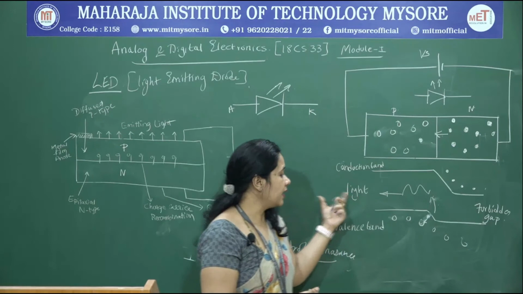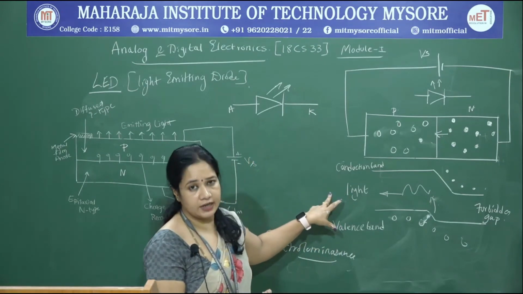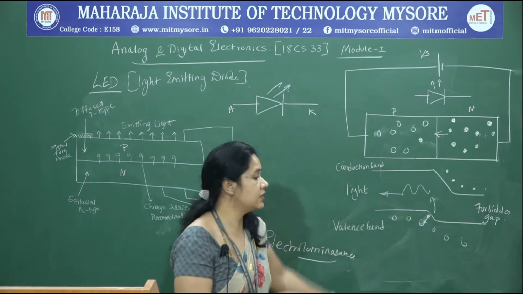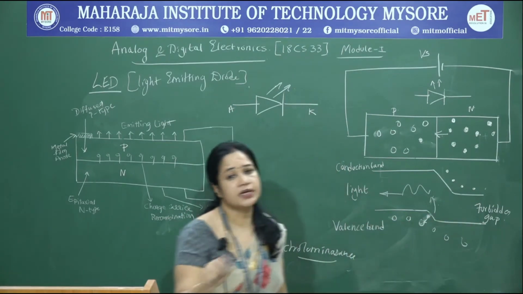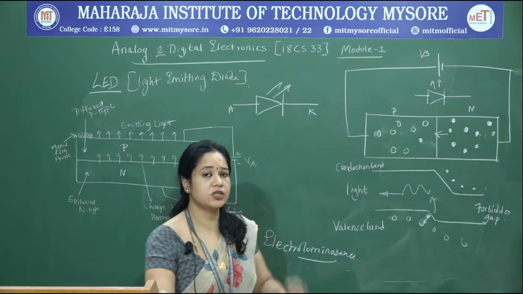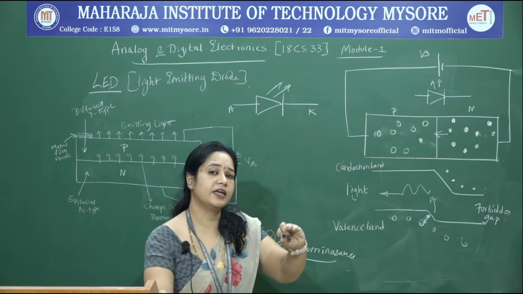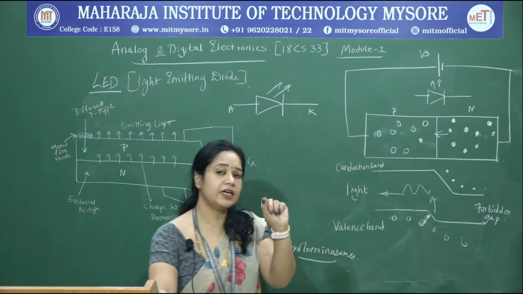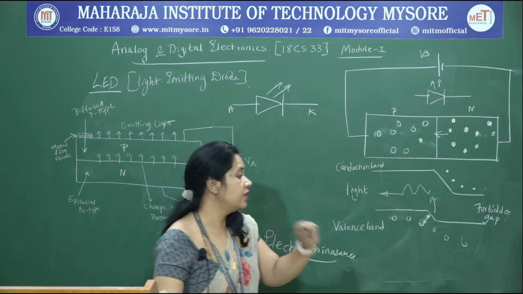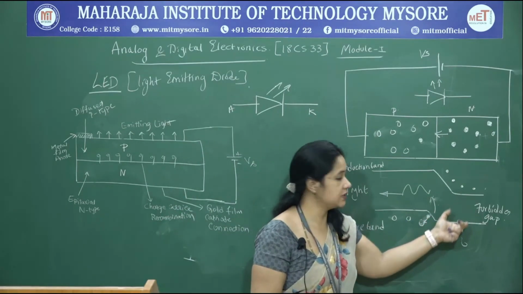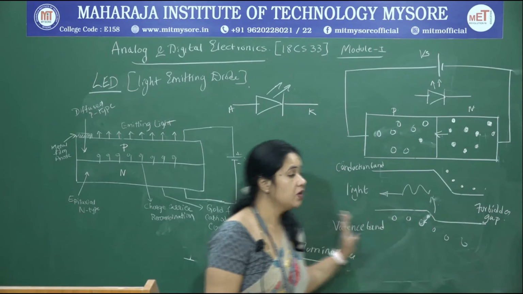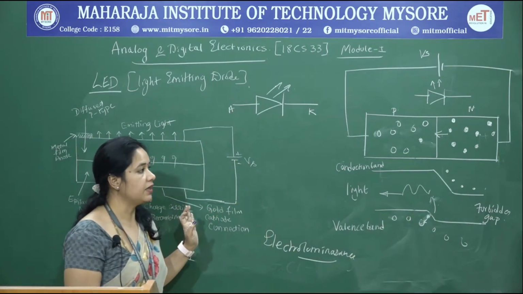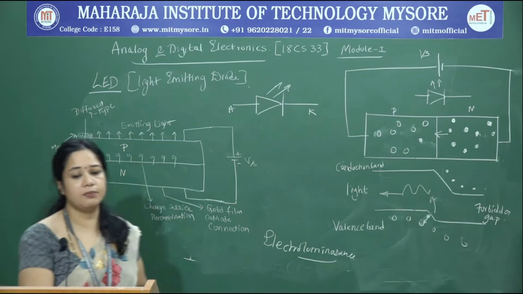And the color of light emitted depends upon the forbidden energy gap. This in turn depends on the semiconductor material used for the construction. That is why you can see a red LED, a green LED, or different types of light emitting diodes, where the color of light emitted depends on the forbidden energy gap. It is directly proportional to this forbidden energy gap. So this shows the constructional details and working of the light emitting diode.